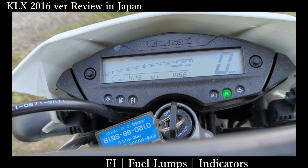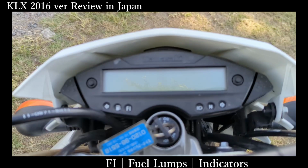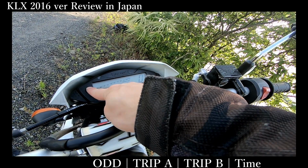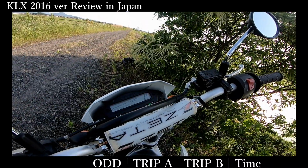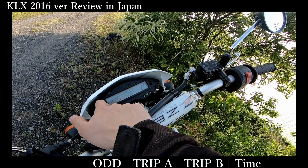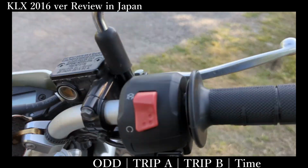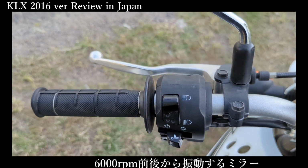On this model, around the meter there are the FI fuel injection light and also fuel lamps. This model of KLX 125cc doesn't have a fuel meter, only a fuel lamp. The turn signal is displayed separately on the left side and the right side. The number of revolutions is displayed as well, and also the speed meter, and you can operate the double trip meter and the odometer as well. If I push the left button, you can change between the odometer and the double trip meter, and if I push the right button for a long time, maybe more than 2 or 3 seconds, you can delete the trip